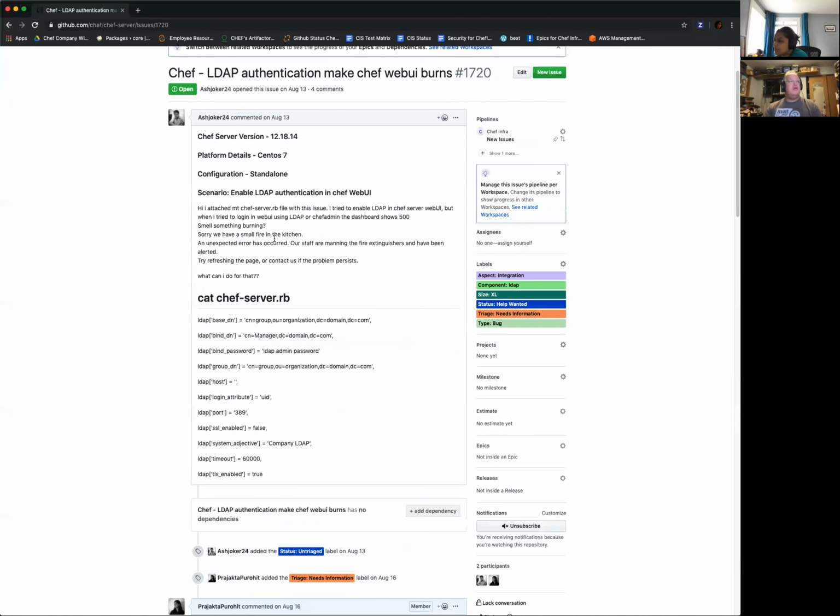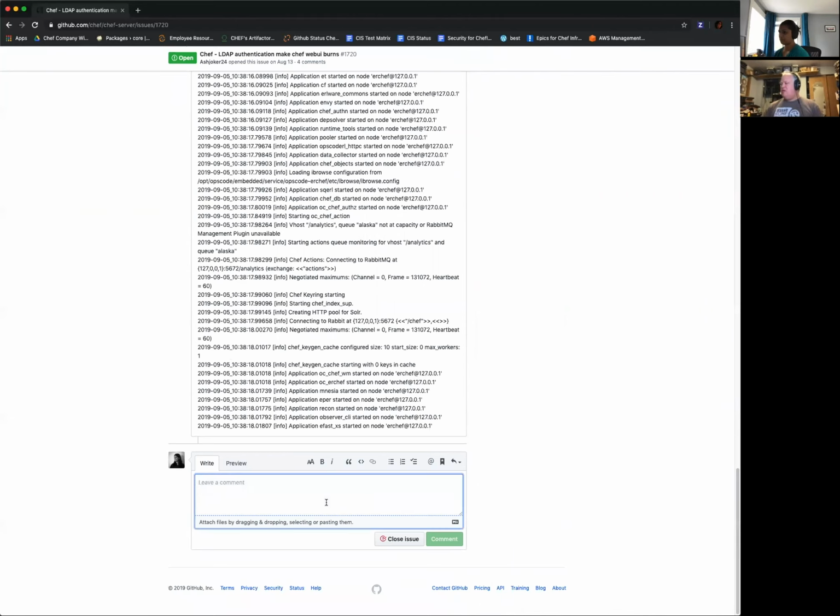When did we have the Erlang? 12.18 is the broken LDAP. Yeah, 12.17 was a good version, and then 18 and 19 broke LDAP. So this feels like it might be part of the same breakage that we got when we upgraded to Erlang 18 to get rid of that CVE, that fixed the CVE and broke LDAP. Looks like this might have caused this as well.